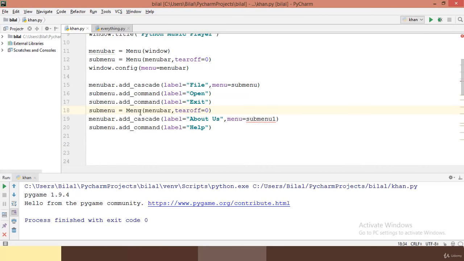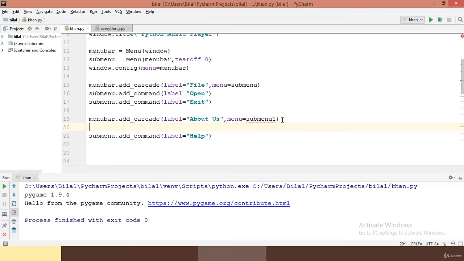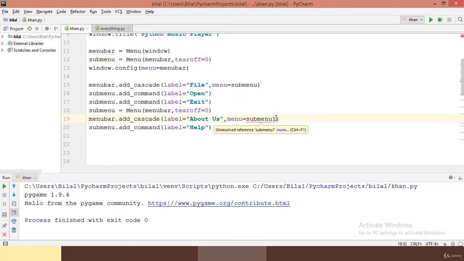So submenu equal to this thing, so yes, Control Z. Well, I can add it right here, and now I think it's fine. No, I need to add it right here. So now just change it back to submenu, and now when I run it,